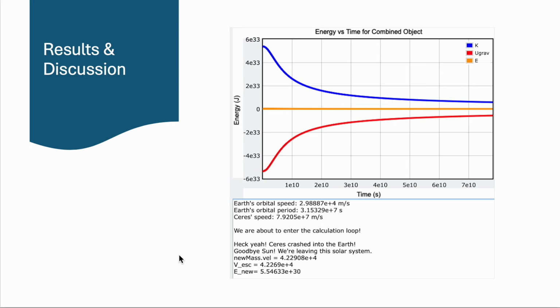Here is our energy versus time for the combined objects. Ceres' speed was, as I said before, 7.9205 times 10^7 meters per second. And as you can see here, the new mass's velocity was 4.22908 times 10^4 meters per second, while the escape velocity was 4.2269 times 10^4 meters per second. So just a little bit bigger, which caused it to actually be able to leave the orbit, which is shown here,